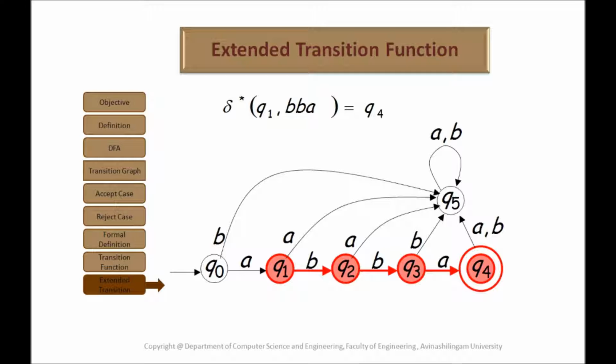So far in this session, we have seen what a deterministic finite automaton is, how to represent the deterministic finite automaton and its transition graph, and we have to check whether